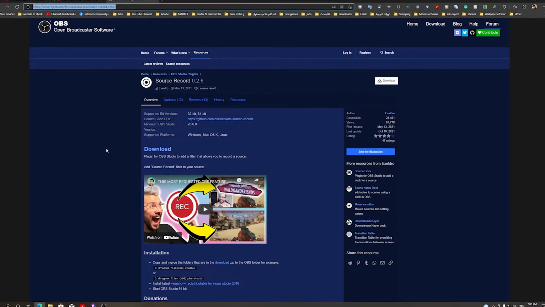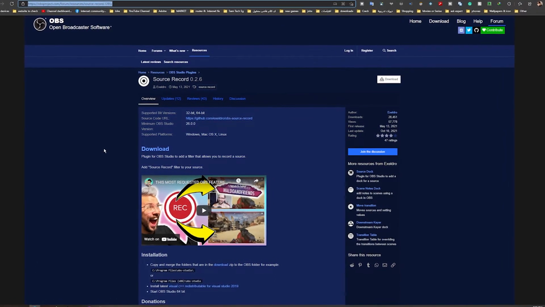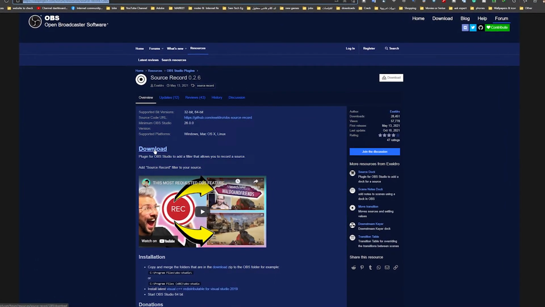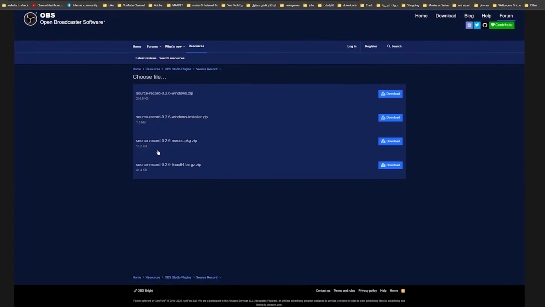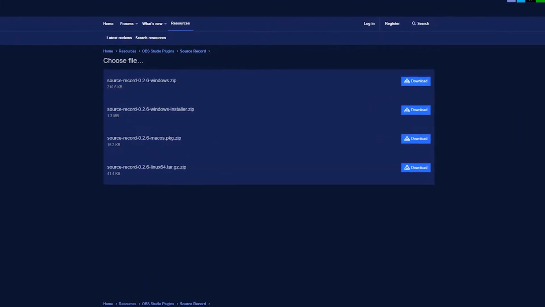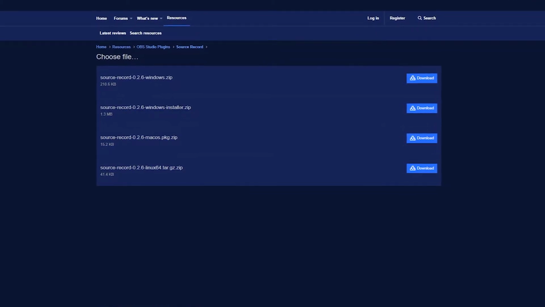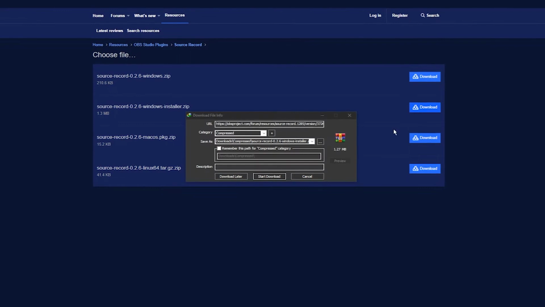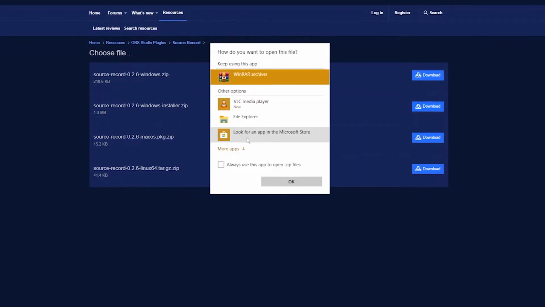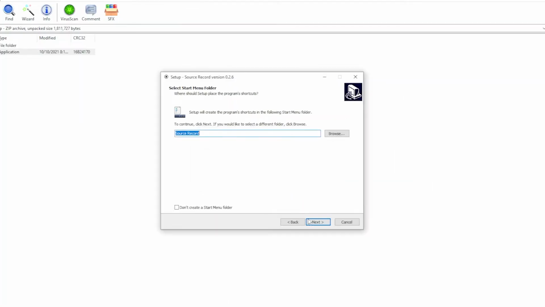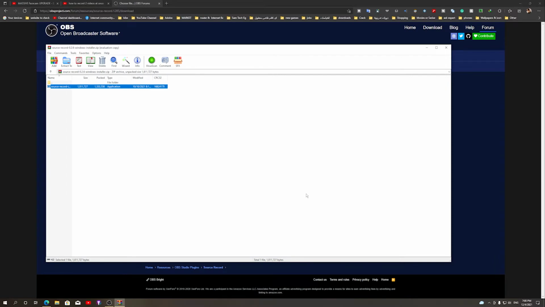First of all, you have to go to this website that I will leave in the description, so you can just click it and download it directly. So we press download, and it shows you if you have Mac, Linux, or Windows. This is the manual way; this is the installer that will be automatic, so we need it to be easier. Okay, just open it, double click, it will go automatically to the destination. Yes, of course. Okay, install, finish. That's it. It's really simple.